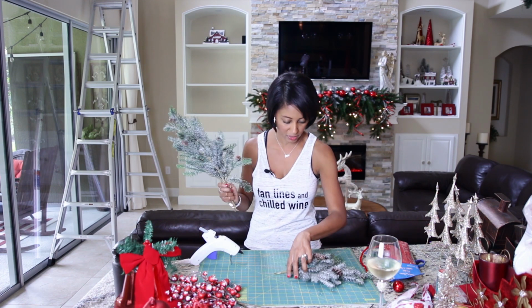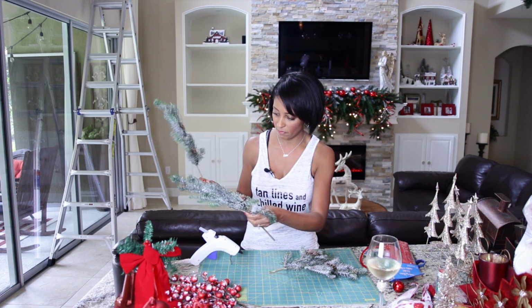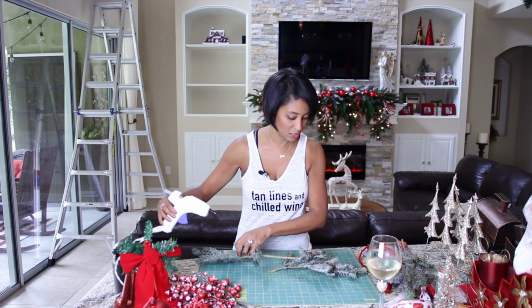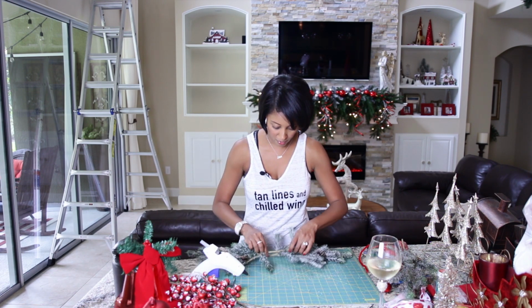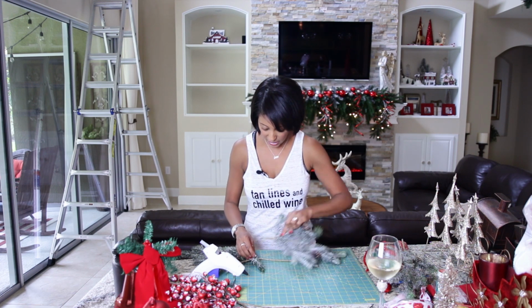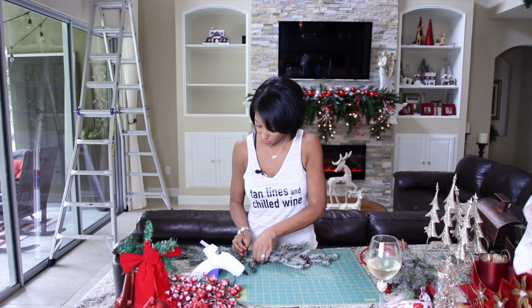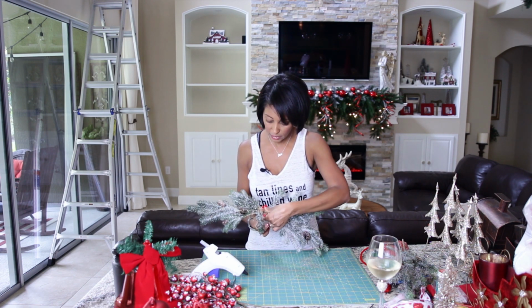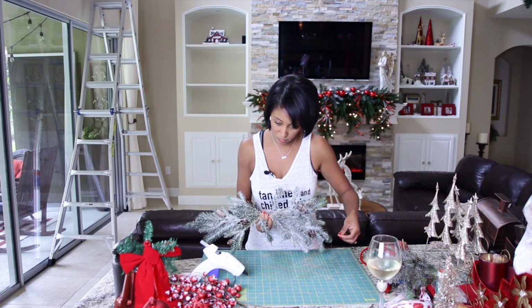Okay, so the first thing I'm going to do is just kind of lay out. I started playing with this a little bit before I decided to make a video because I figured you guys may ask if you see it in the kitchen. So I'm gonna lay out what I'm thinking I want this to look like over the stove. I want it to be kind of like a horizontal swag